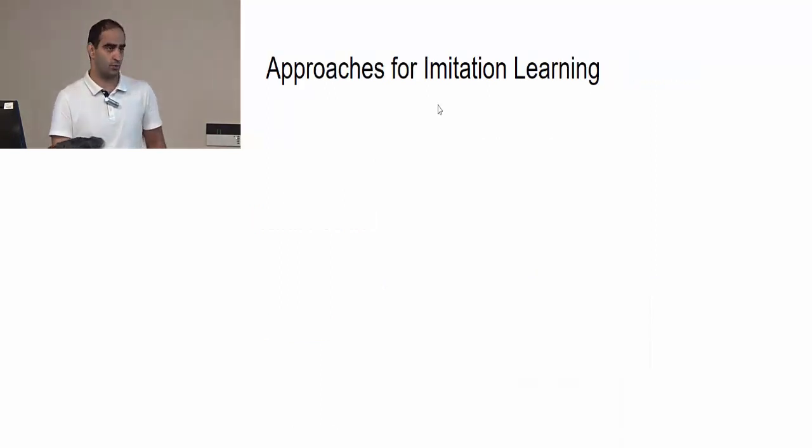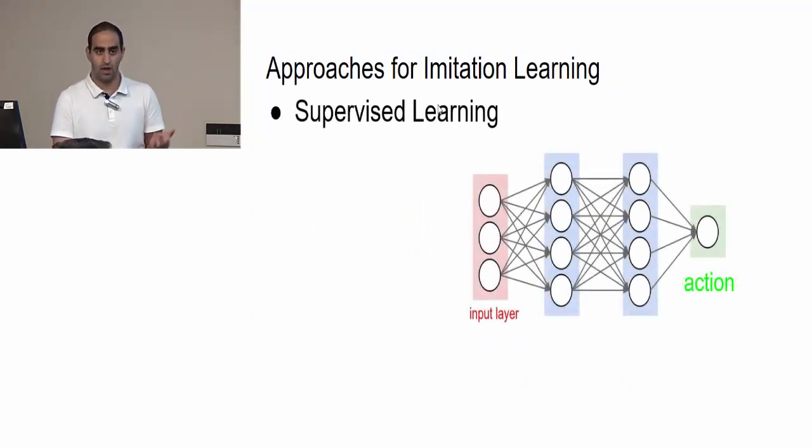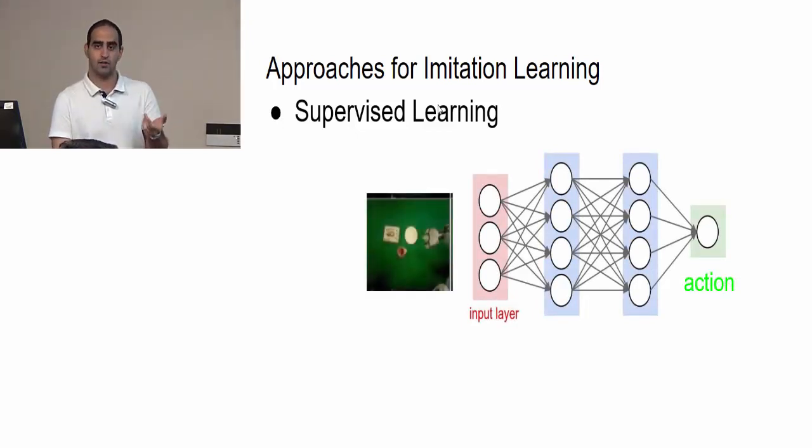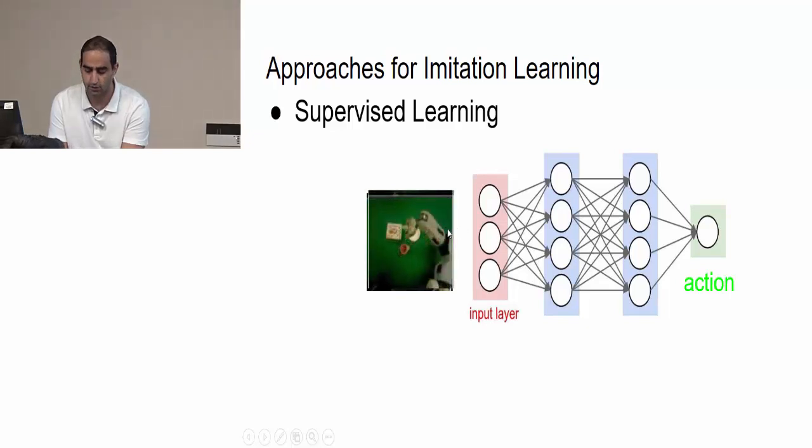There are some approaches to solve imitation learning. The simplest one is supervised learning. We have just a neural network that takes the current observation and state of the robot as input and outputs an action, for example, push the hand to the left a little. Then we apply that action on the robot's arm and again give the new state and image to the neural network, and it gives us another action until the task is performed.